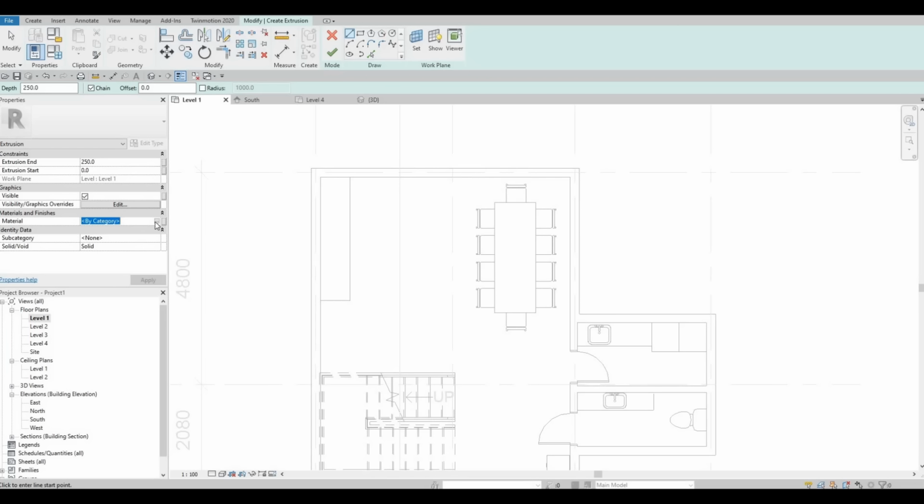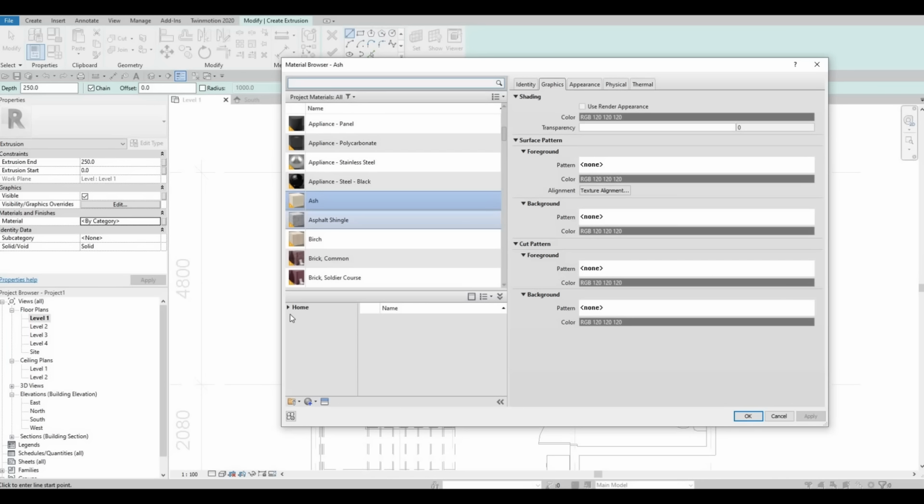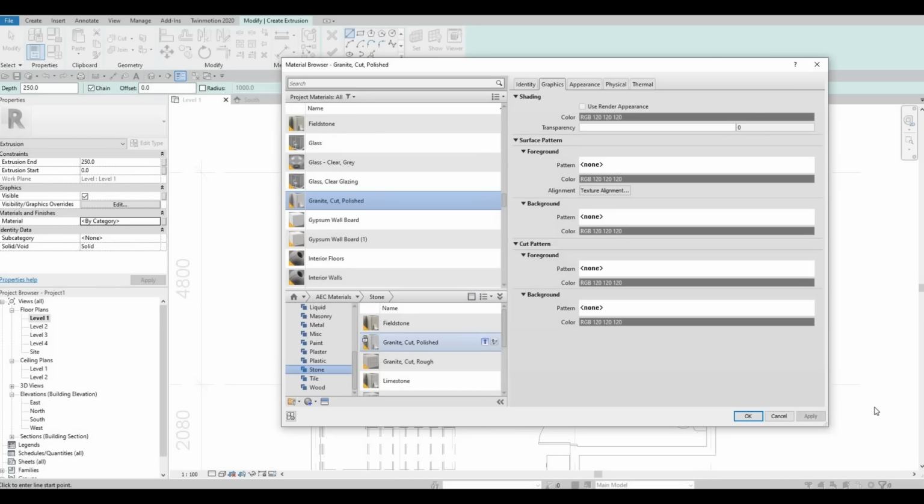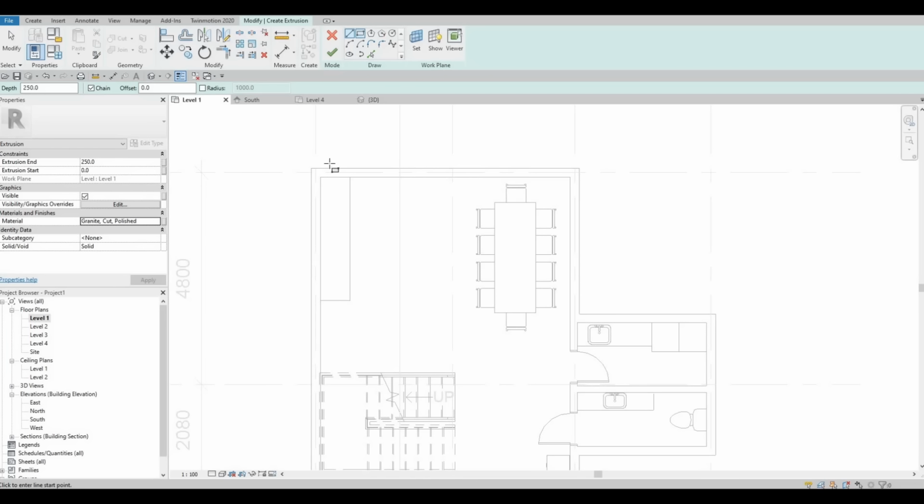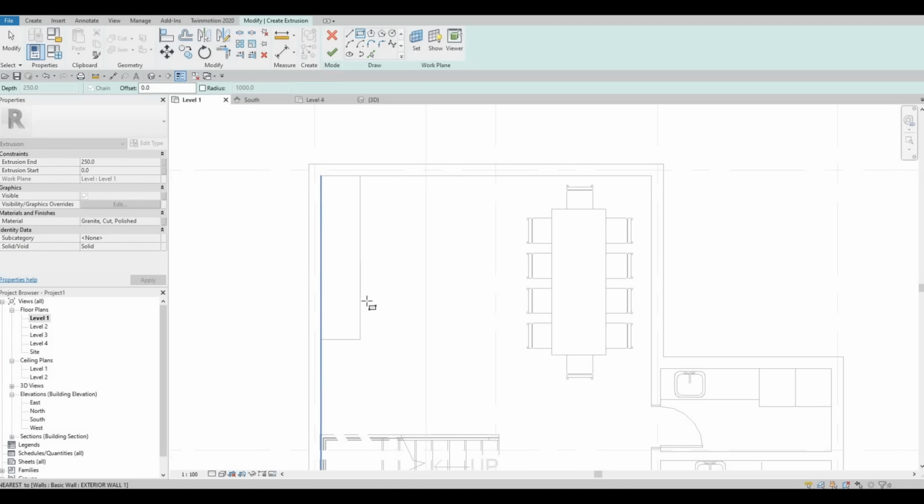Here, let's change the material to stone. So here, let's use this, apply, and then OK. And let's just copy this one because it's easy to extrude it from the 3D later on,